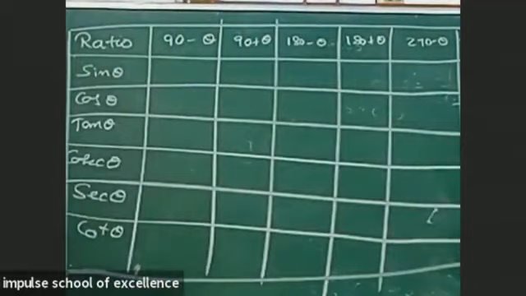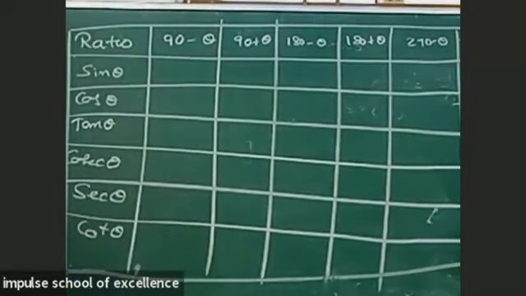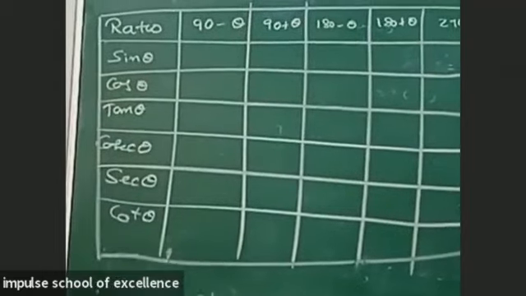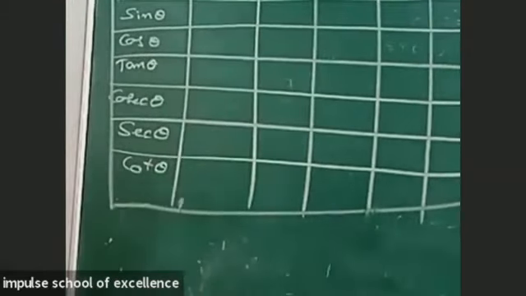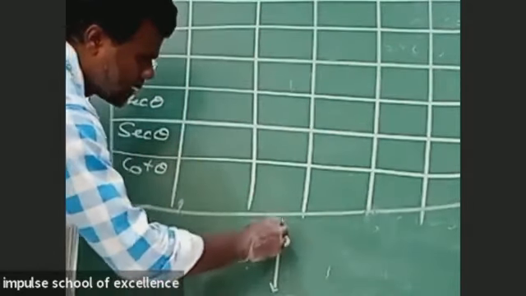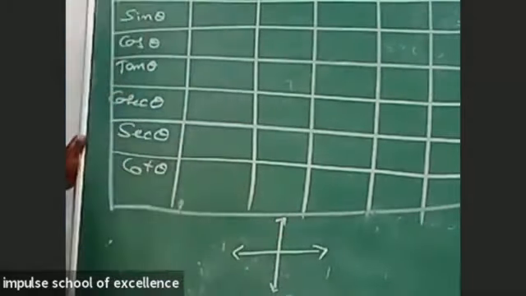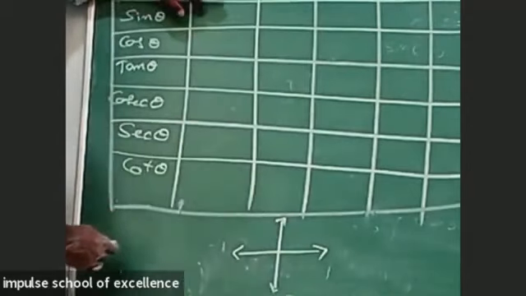See, look here. It is the table thing. So here we are going to construct what is sin 90 minus theta. If you observe in the coordinate axis, for a few minutes only for the sake of explanation, it is y-axis and it is x-axis we have. So in x-axis, it is 90 minus theta.